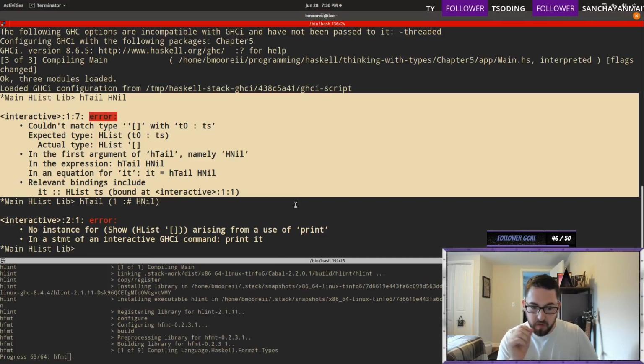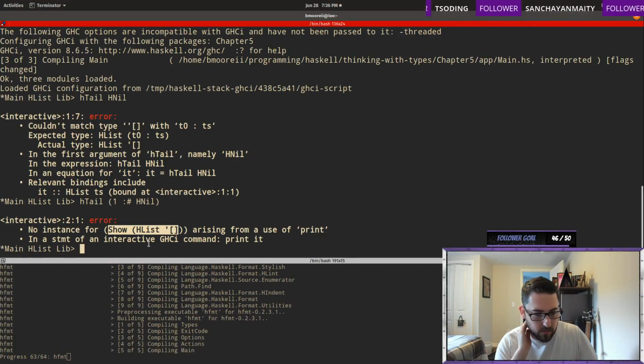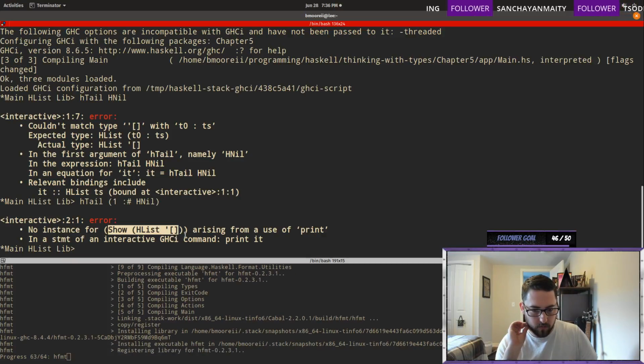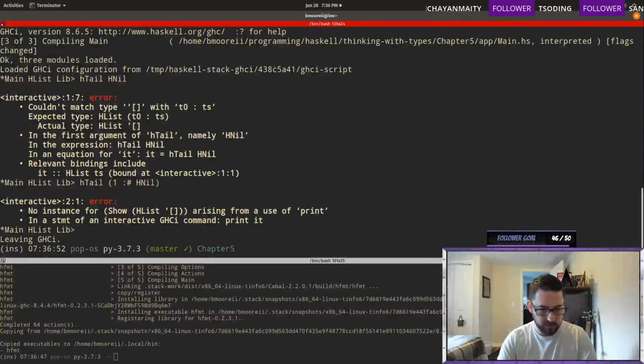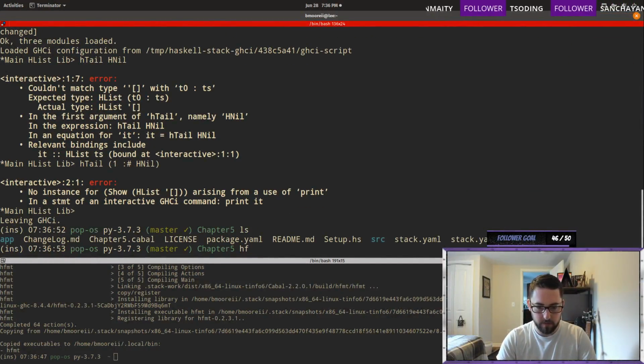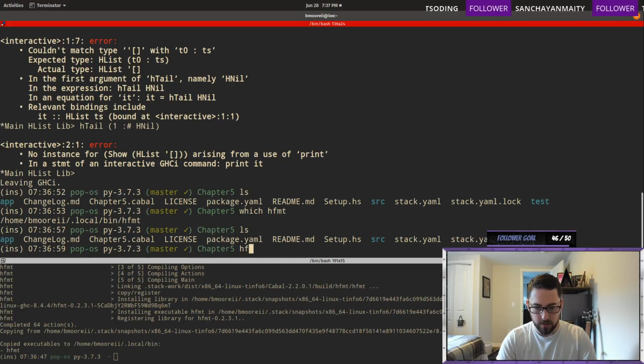Oh, well, okay. First we need to implement this. No instance for show empty list. Oh, okay. So h format appears to have compiled. So this should be in, yeah. So if I write h format source lib,